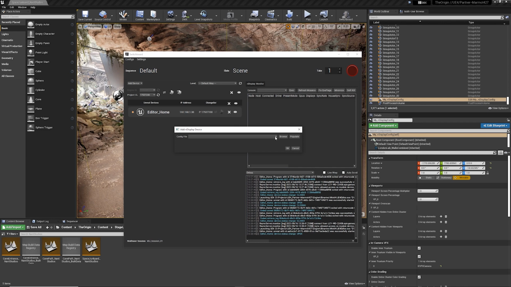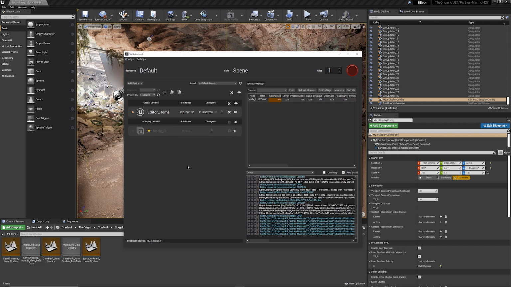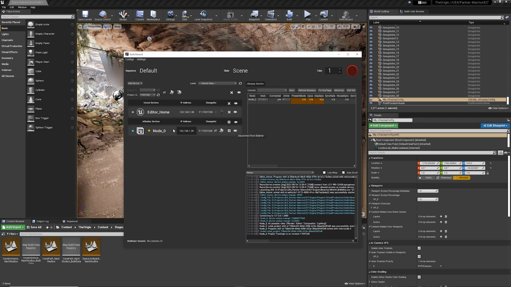And you can see here there's nothing in this window. So if we actually hit Populate, it'll search the project for all of the NDisplay configs, and you can see there's a bunch. This is the one that I've created, so just going to select that and hit OK. Now we've got a new device here. Now this again is running on the same machine, so just for consistency I'm just going to put in the same IP address. Hit connect, you can see the NDisplay listener connected.